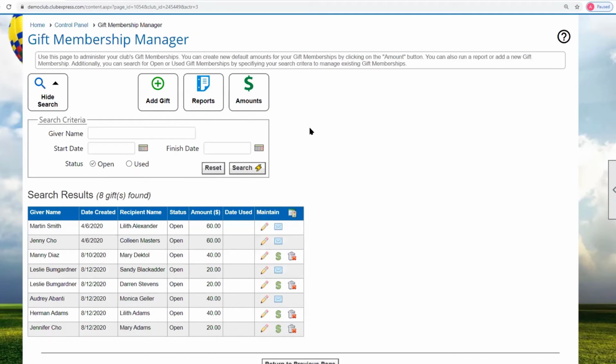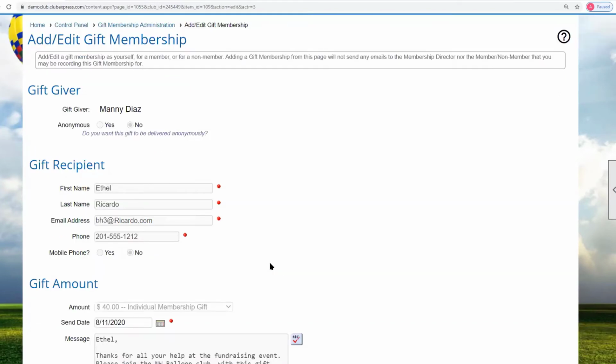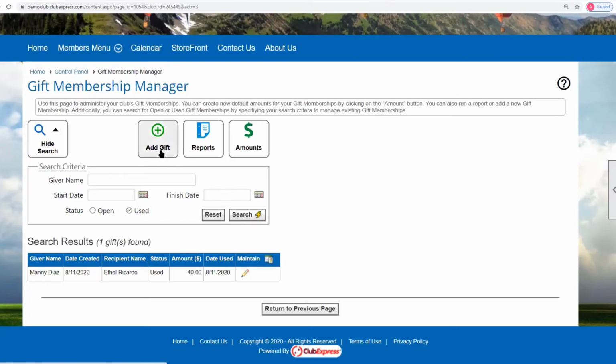Let's just take a look at the gifts that have already been sent. Now, of course, there's one that's been used. So these are all the open ones. I had one yesterday. Ethel actually did sign up. So if I click on used and search, you'll see that Manny Diaz had created this thing yesterday to Ethel Ricardo, and it was used. And we can just take a look at all the information about it. So adding a gift is actually creating a new coupon. If I go back to open,